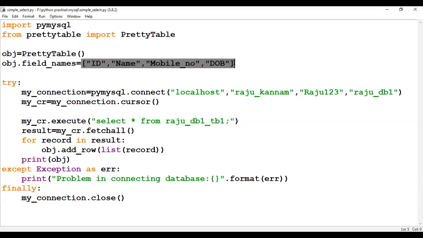Remember, this PrettyTable class will take all the elements in the form of a list. That's the reason we are using the square brackets here. Always you have to mention the values in the form of a list. So here, four columns: ID, name, mobile number, and DOB. I have given them in the form of a list to field_names. Now in the PrettyTable class, one object is created.